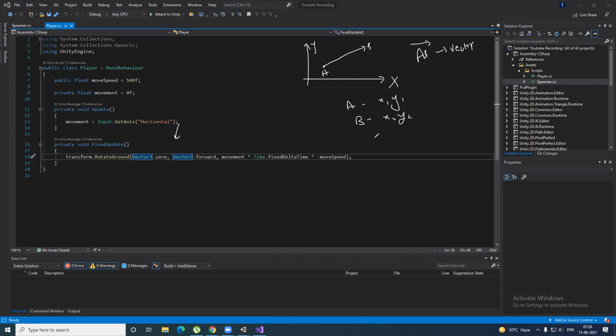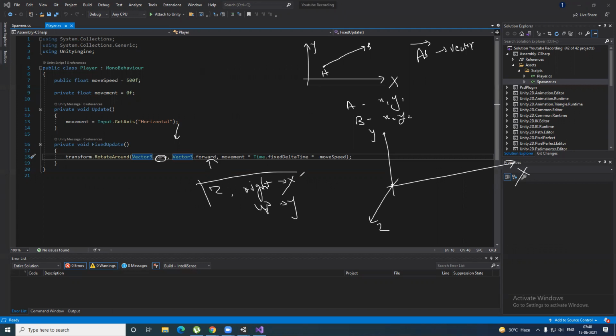For the real world, we know what is 2D and what is 3D, but the computer does not know. So we have two types of vector. One is Vector2 for the 2D planes and one is Vector3 for the 3D planes. So this is the 3D plane, let's say y, x, z. If I say Vector3.zero, it means stay at the center with no position to go to. The direction is 0, right? By default, forward is set to z, right is set to x, and up is set to y. By default, these are the values set in Unity.